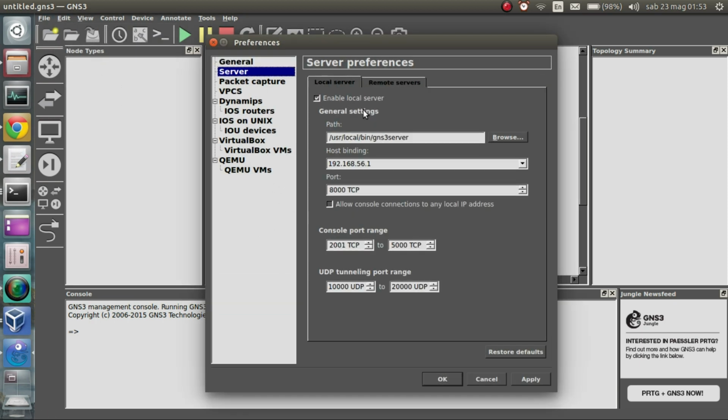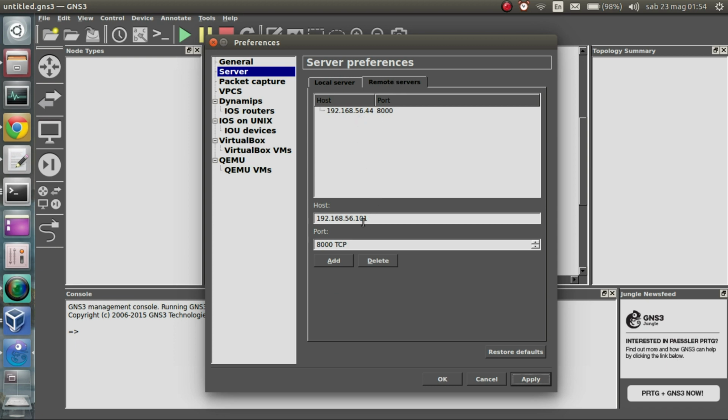So edit preferences. First we need to confirm that the local server we have selected is this GNS3 VBox Net 0 interface, because if you selected for instance this interface, the IOUs and the routers from GNS3 locally will not be able to communicate with each other. You will not be able to connect them actually, and this is not how it's intended to be. So I'm selecting this, apply, also disabling our local server, apply,